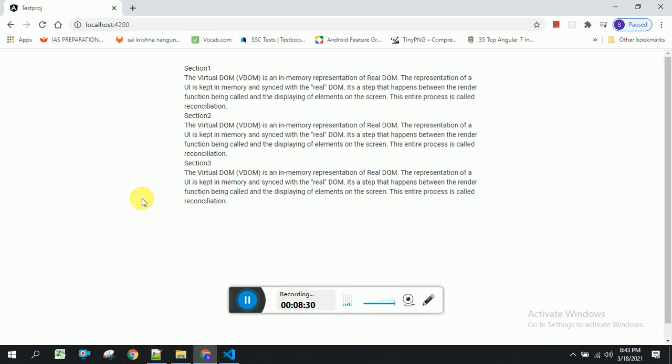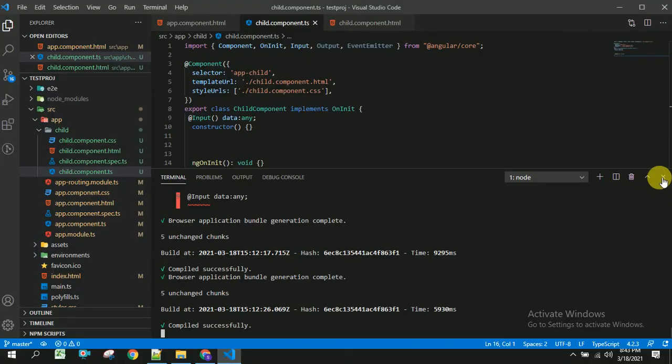So we have got this section title and description which is coming from our child component. Now we will add some more things.